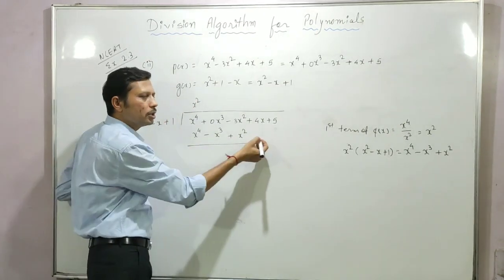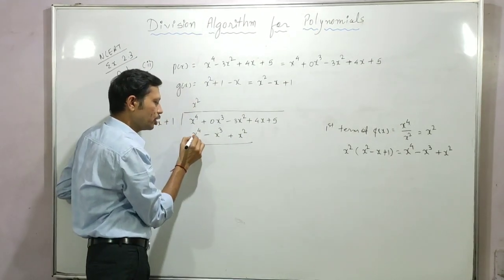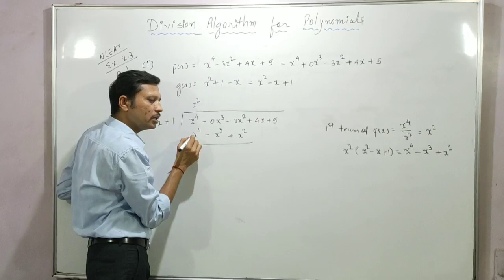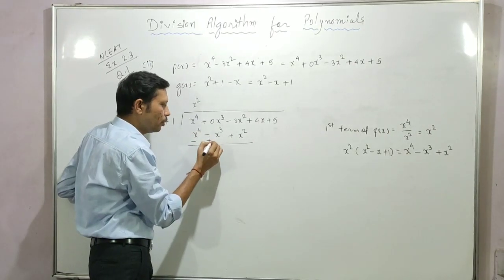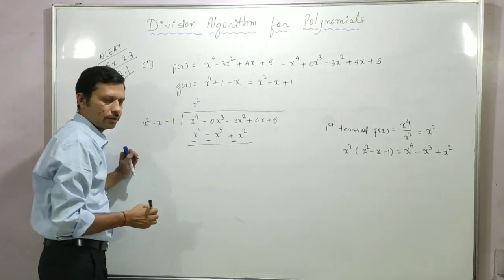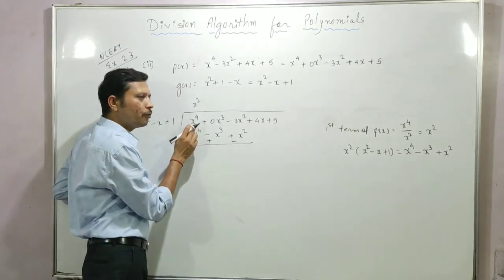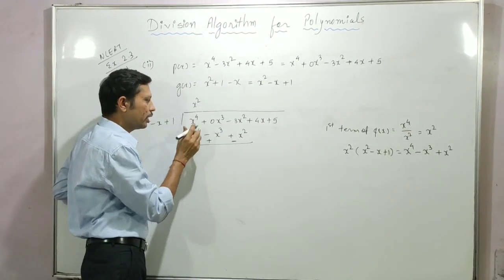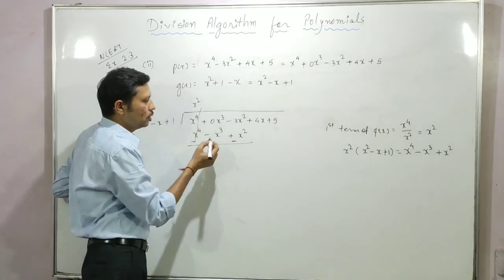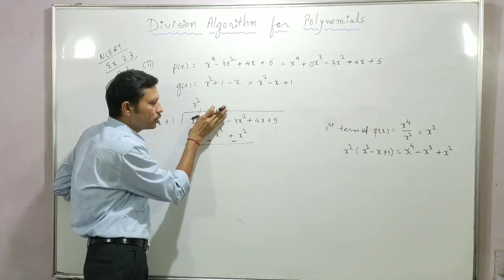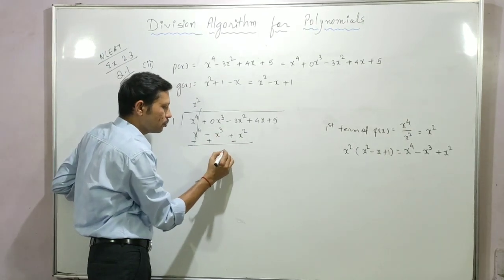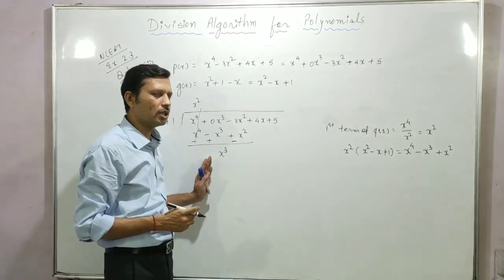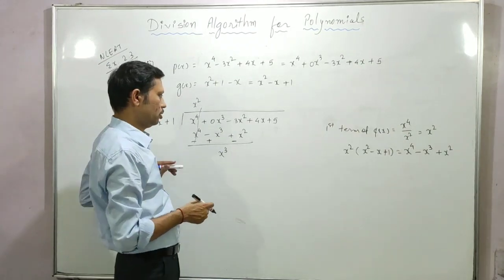Now the signs of all the terms will be changed. So plus becomes minus, plus so minus, minus so plus. Okay. Now x to the power 4 is a positive term, and here it's negative, so they will be cancelled out. Here it's 0 x cube, so it's 0. So what is left? X cube. Sign is positive. Okay, it's the first term, so there is no need to write down the plus sign.